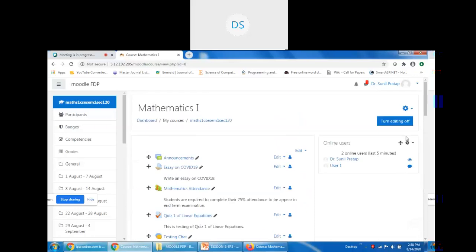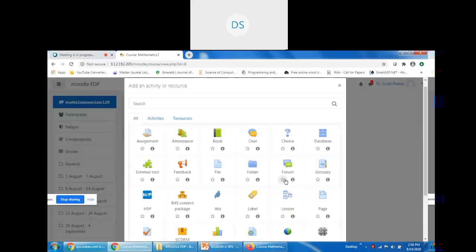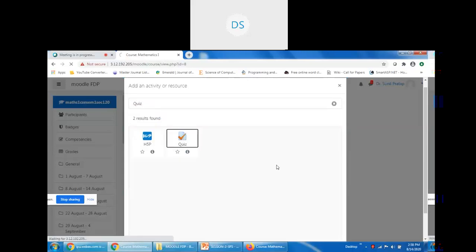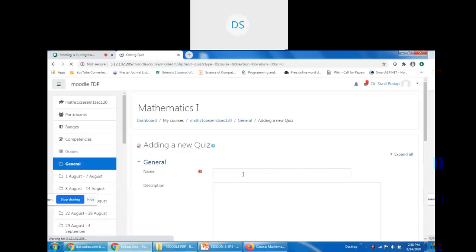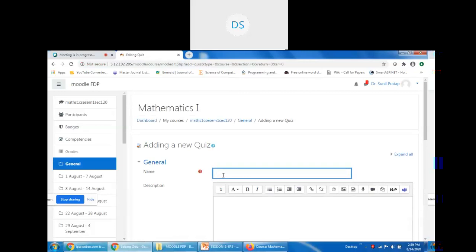So now you are in turn editing on mode. You can see this link, add an activity or resource here. And add a quiz. Now you need to define various properties and parameters for this quiz. This is quiz 2, quiz 2 testing.